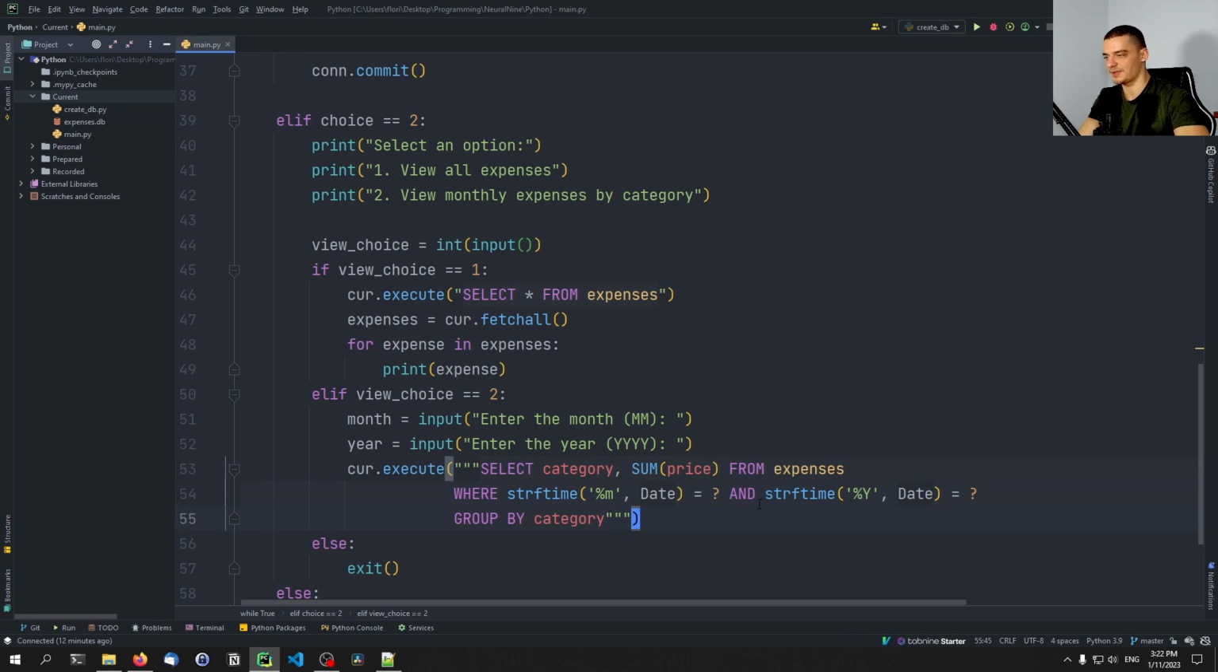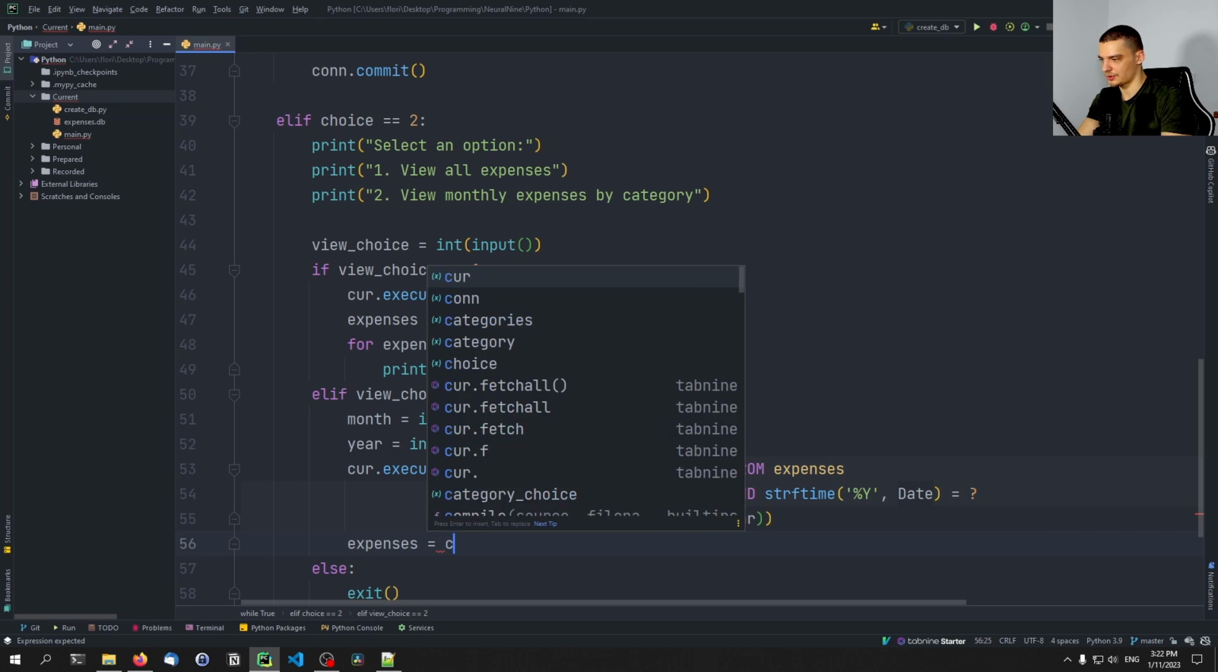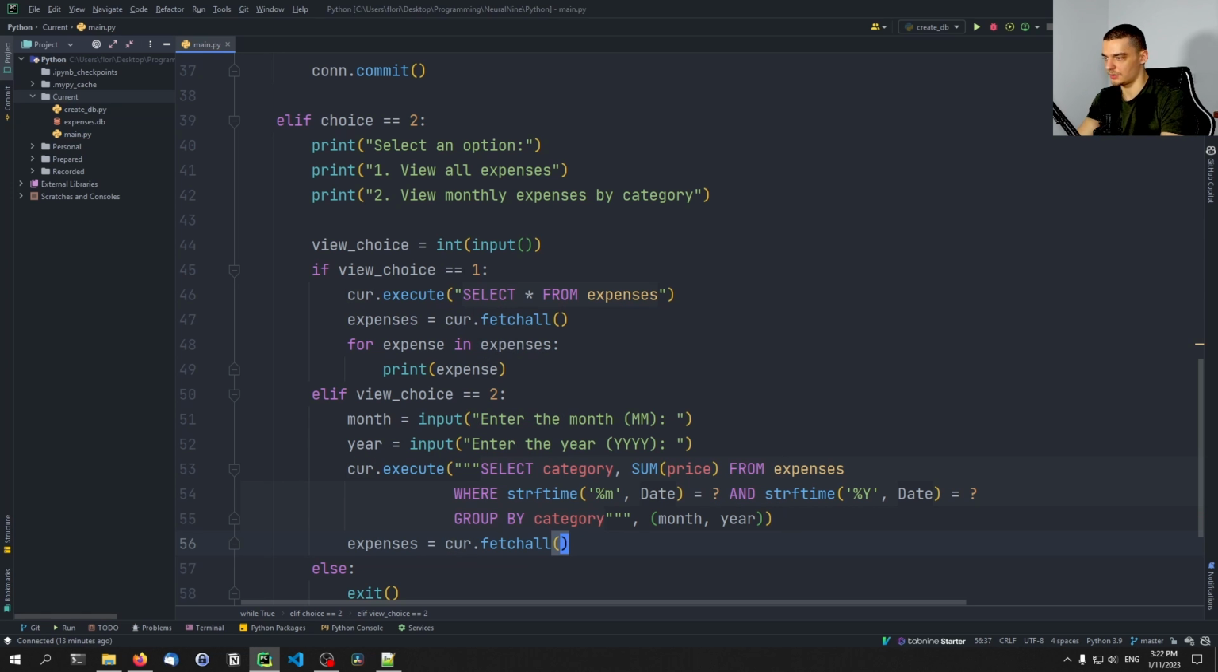is equal to something. And this something will now be passed here as a tuple, month and year that were entered here. Again, we're not going to check if the input is correct. We're just going to assume that the user enters something valid. And then as a result, we're going to say expenses equals cursor.fetchall()